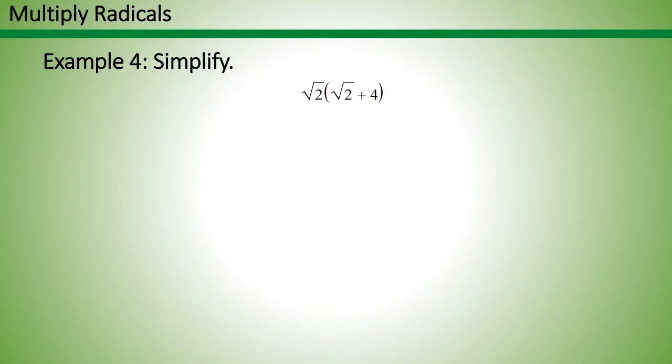Okay, here's another example. Sometimes we're going to see a binomial being multiplied by something on the outside. And in this case, what we have to do is distribute, okay? So I'm going to distribute this times this, okay? And notice when I do that, 2 and 2 are inside terms. 4 is an outside term, okay? So when I multiply square root of 2 times square root of 2, that's just going to become square root of 4,